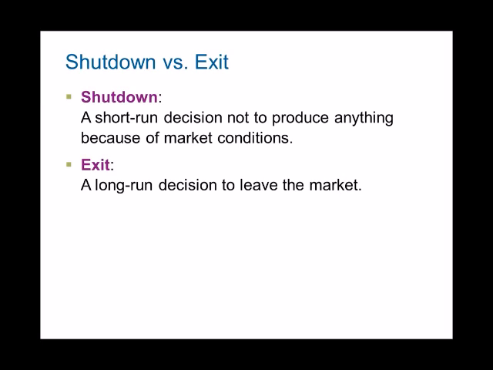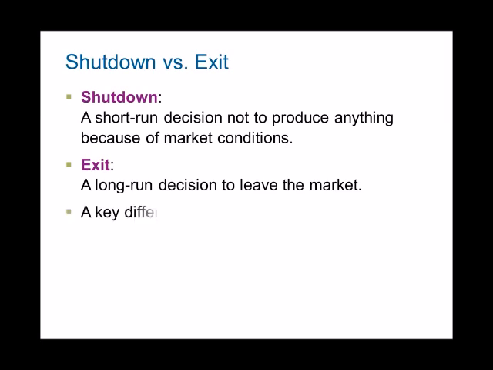If you've seen the movie The Shining, that was a shutdown decision where the hotel owners just shut down the hotel for a couple of months out of the year because there was just no business. It was such a remote location that no one would go there. And so they hired Jack Nicholson and his crazy family, and they started seeing crazy stuff. But shutdown happens in a lot of cases, especially in tourist towns. During lean season, the hotels just shut down for a couple of months because there isn't enough demand. But exit is when they actually close the business altogether and just leave the business.